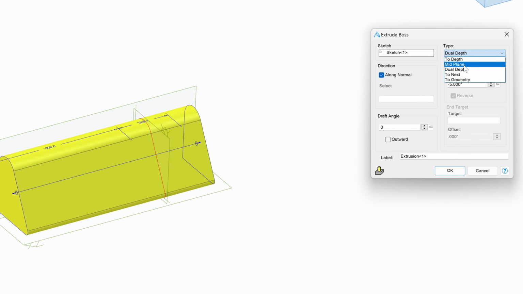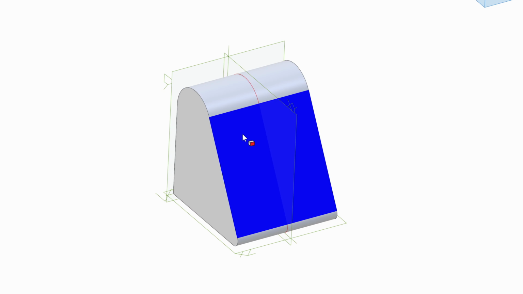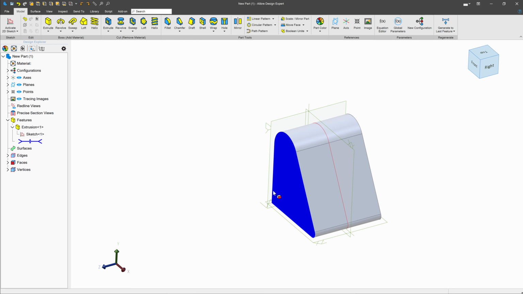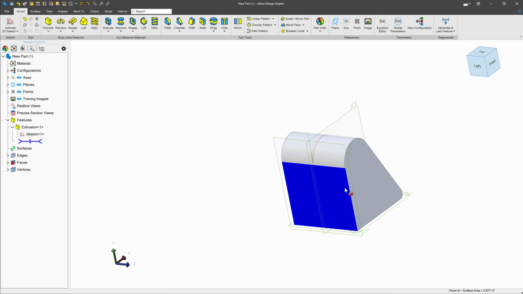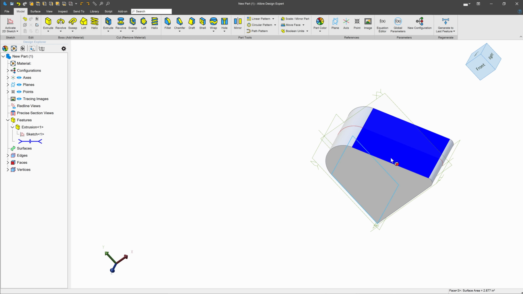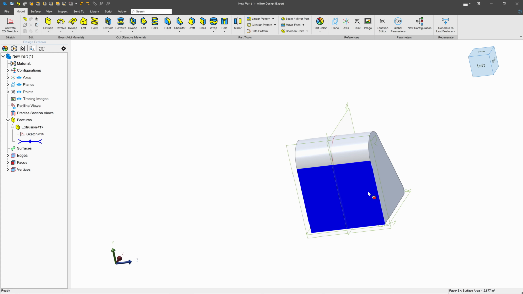For now, I'll go with mid-plane and choose OK. So that is how we can extrude to add material. But we also can remove material. For instance, I'll take this face right here that we've made, right? Now that I have a solid, when I move my mouse over the solid, different faces are highlighted in blue. And for flat faces, I can click on them and choose Activate a Sketch on that face. So I don't have to create sketches only on planes, but I can sketch right on my solid